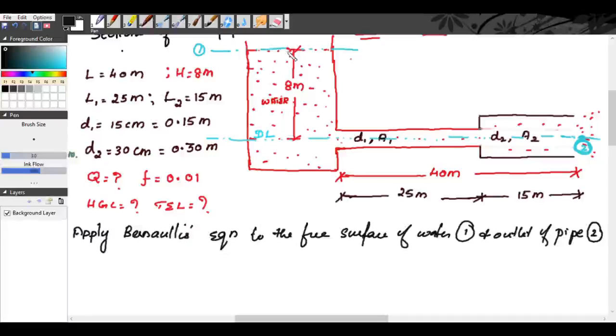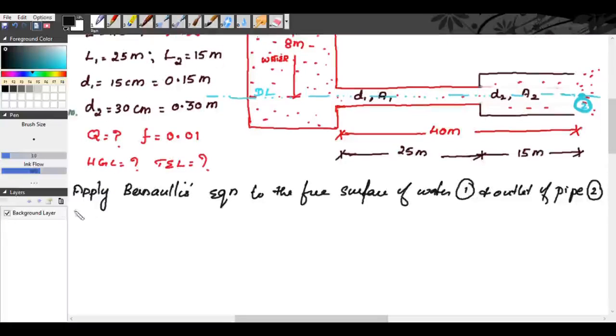So, when we apply the Bernoulli's equation at points 1 and 2, we know the Bernoulli's equation is P1 by rho g plus V1 square by 2g plus Z1 is equal to P2 by rho g plus V2 square by 2g plus Z2